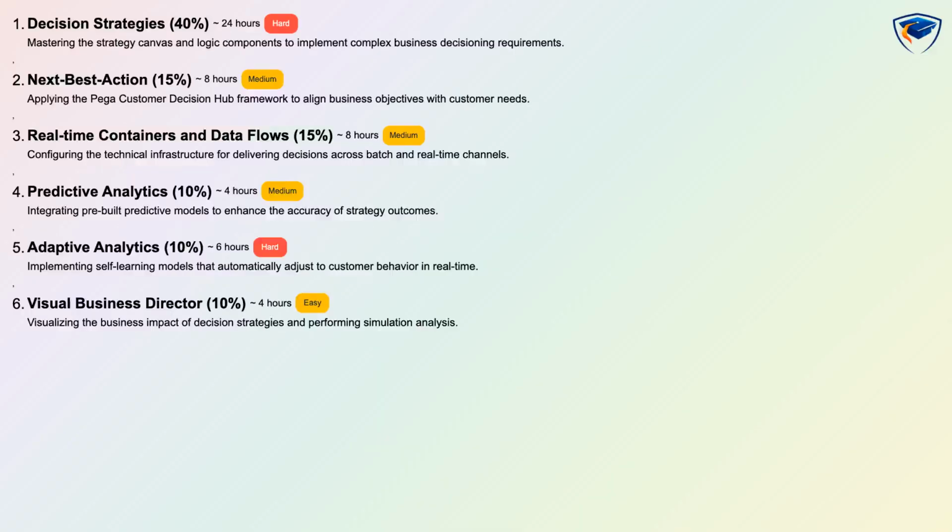This exam is divided across 6 domains with exact weights. Decision strategies 40%, next best action 15%, real-time containers and data flows 15%, predictive analytics 10%, adaptive analytics 10%, and visual business director 10%. Each domain lists focus areas, difficulty, estimated learning time and assessment style so you can prioritize